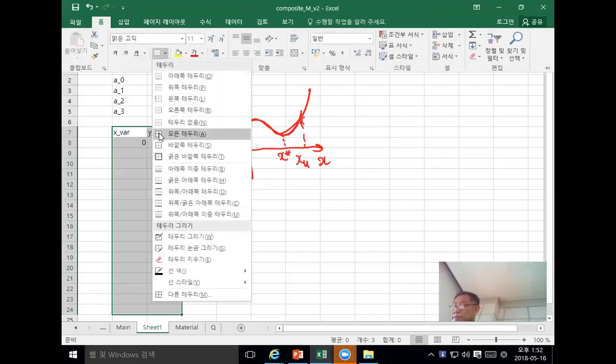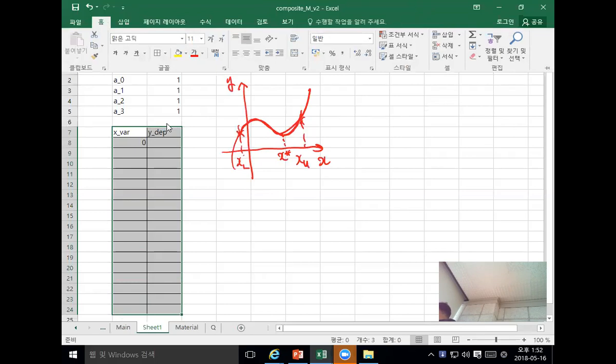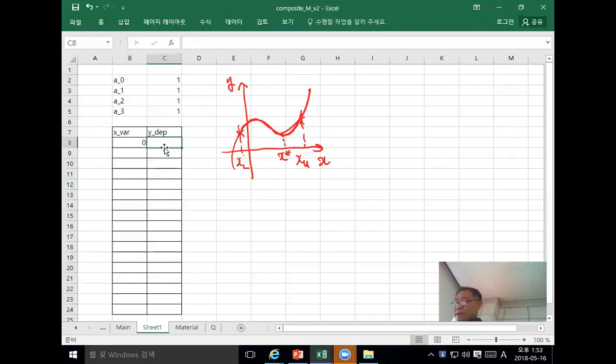And here, simply A0, plus A1 times X variable, plus A2 times X variable squared, plus A3 times